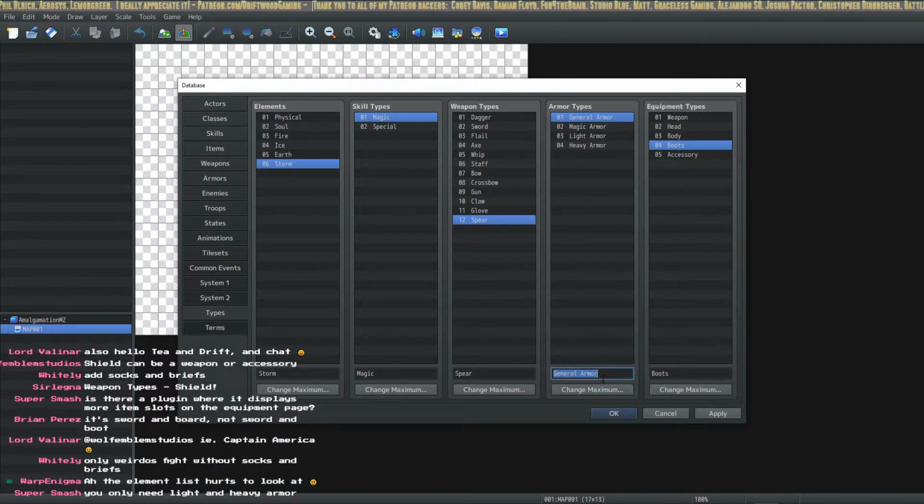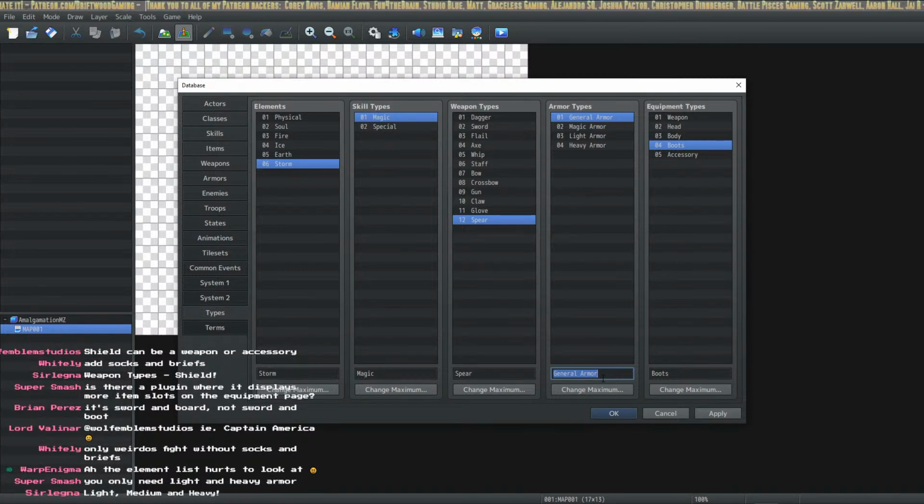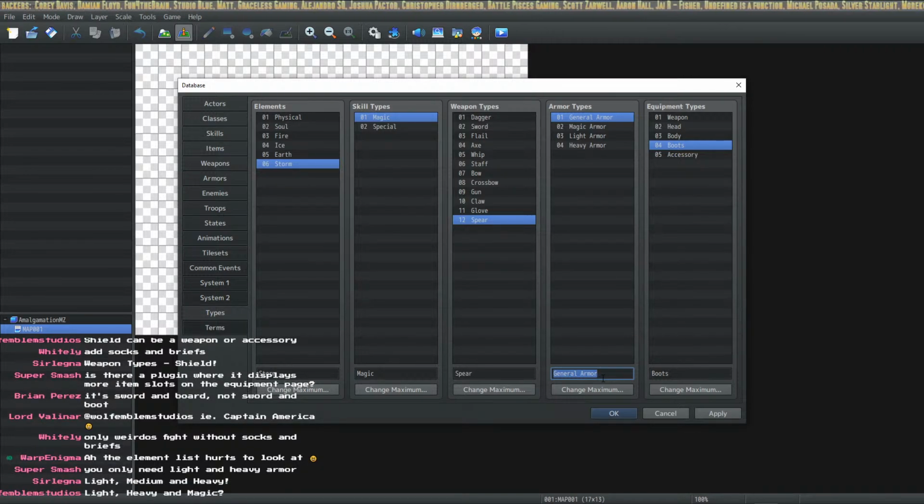Yep. And you can consider that if you can use medium armor, then you can also use light armor. Right. So it's a bonus to have. If you're a tank and you have the ability to use plate mail, well then if you decide you want to use a robe instead, you totally could, right? Yeah. So let's make it so that instead of general armor,